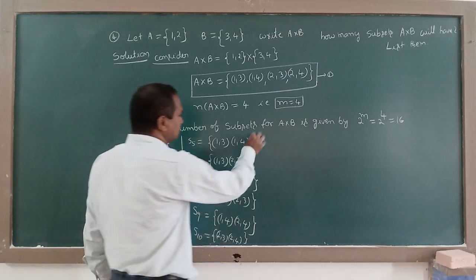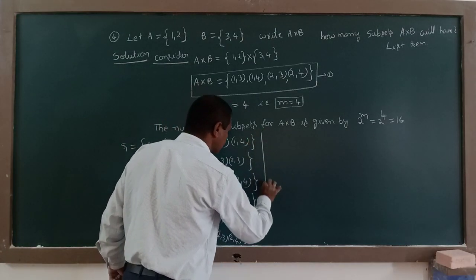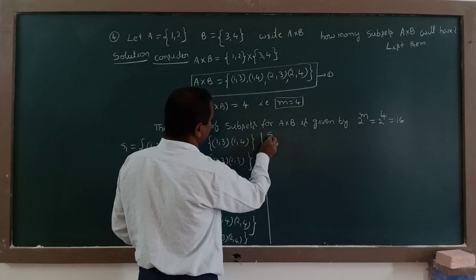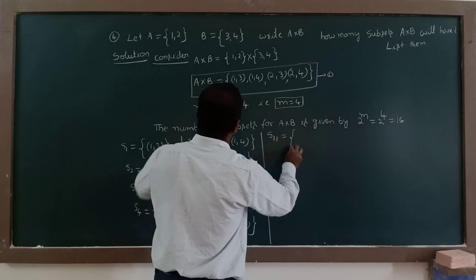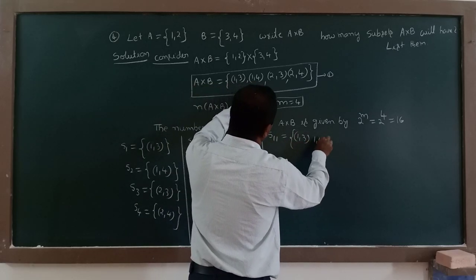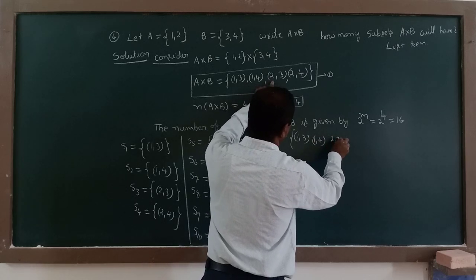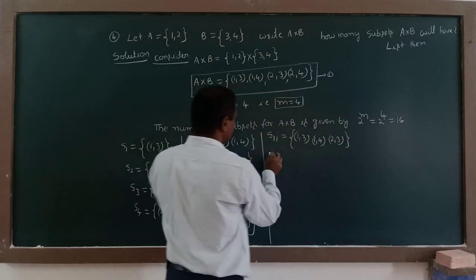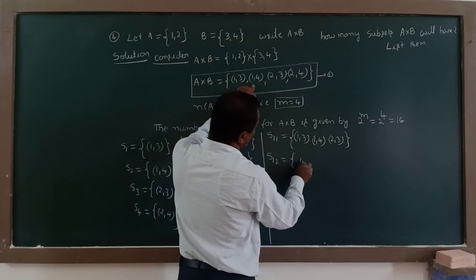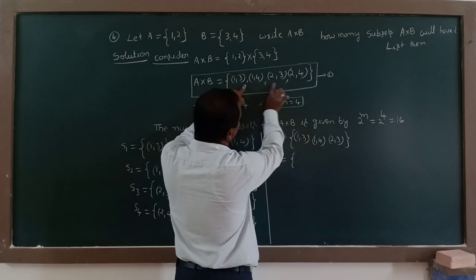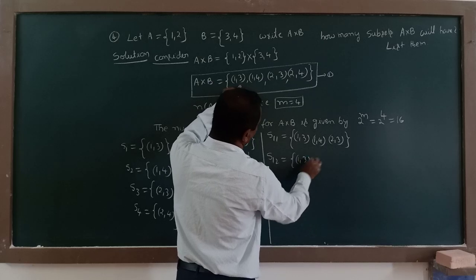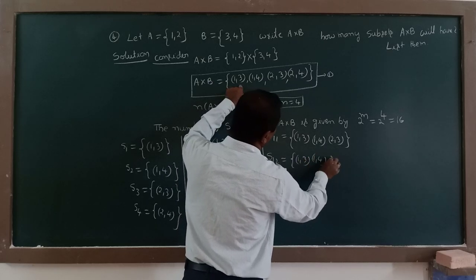Next, taken 3 at a time. S11: taking 3 at a time, 1, 3, 1, 4, and 2, 3 here. S12: start with 1, 3, 1, 4. Otherwise, these two are done. Next, we should write 1, 3, 1, 4, 2, 4.